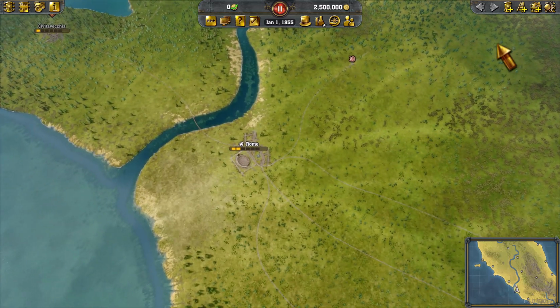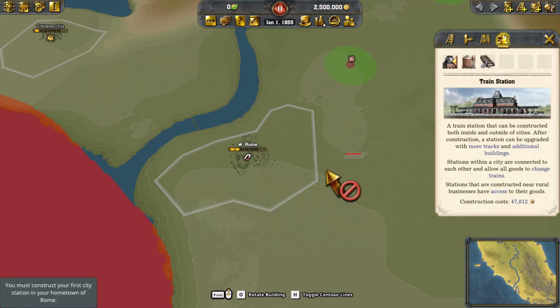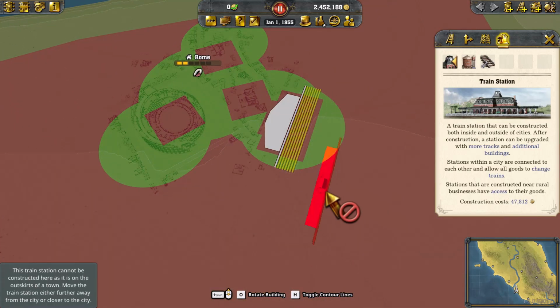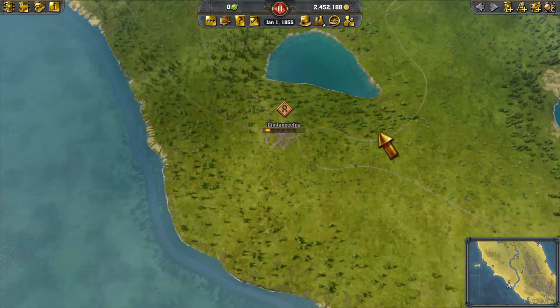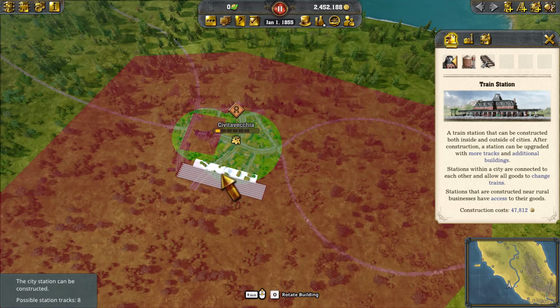So I think what we'll do, I know what we'll do. We're going to put a station in Rome, and it will be our Rome passenger station. Then we're going to connect 3 cities to it. Well, 2 more to give us that task. So let's go to